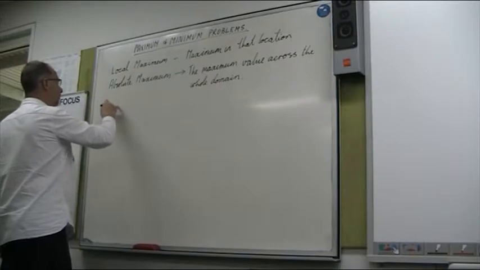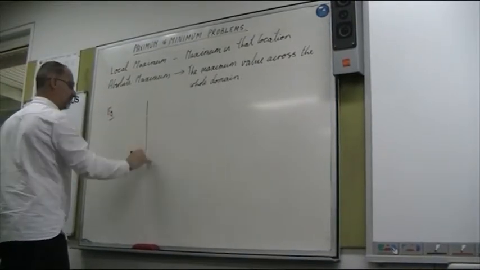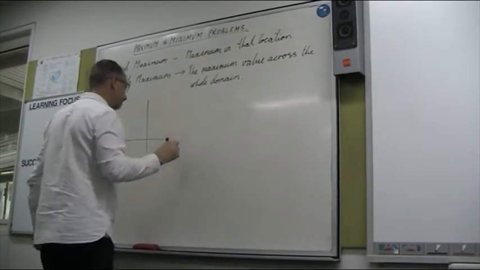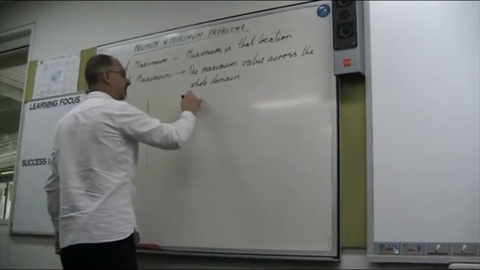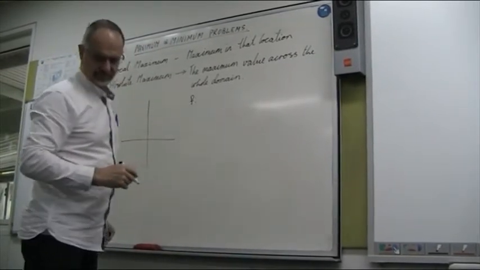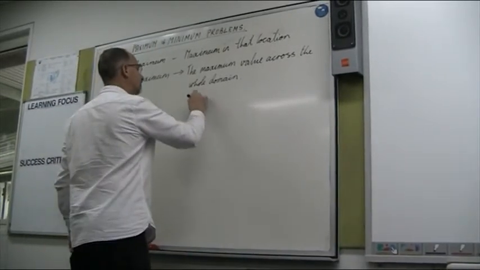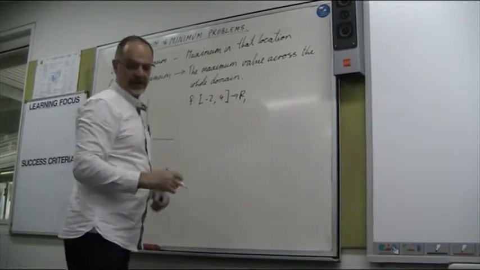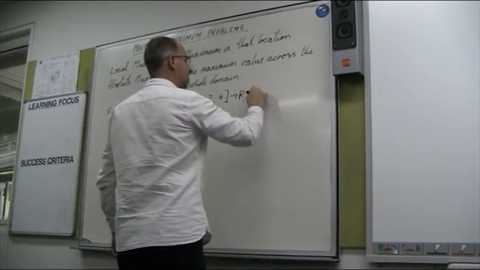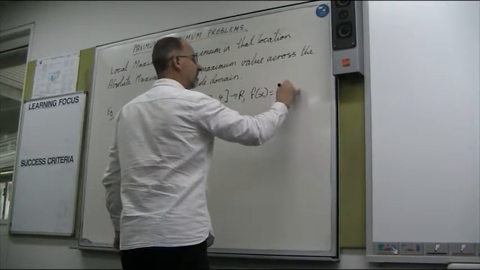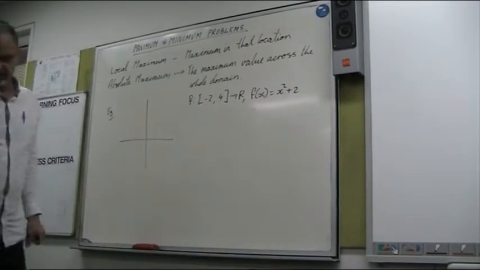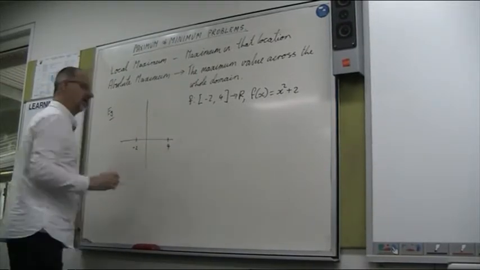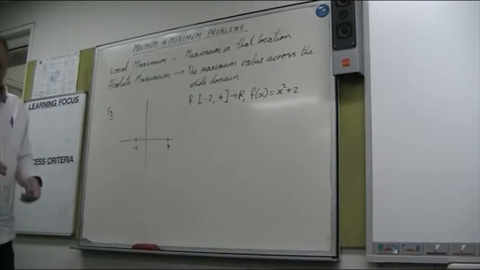So, for example, if I do this sketch here, this function is from -2 to 4, including, and let's just say it's f(x) equals x squared plus 2. And then when we are looking at this particular one,